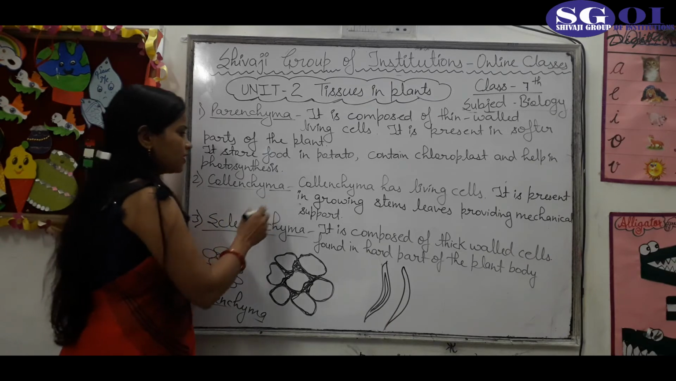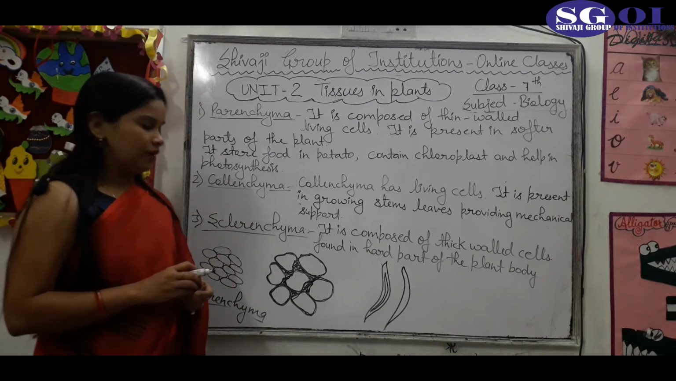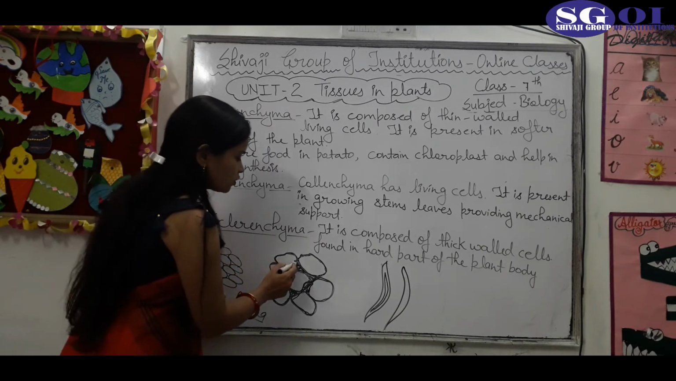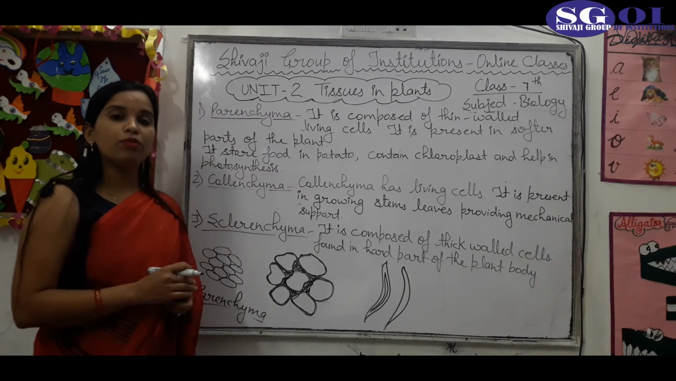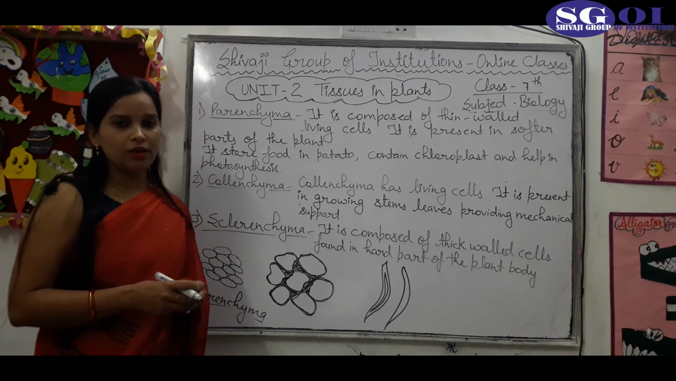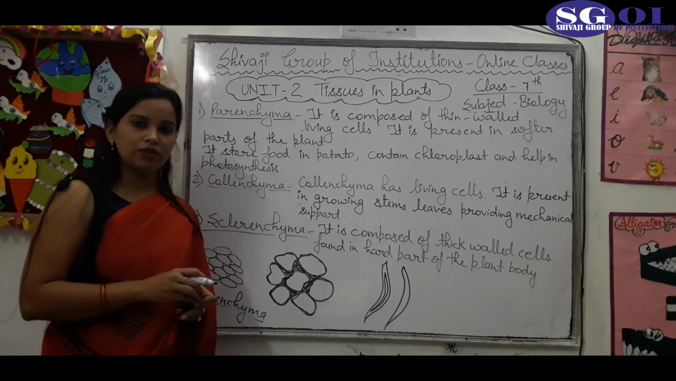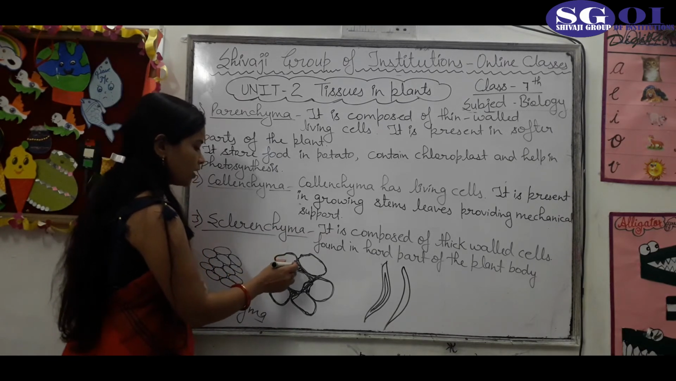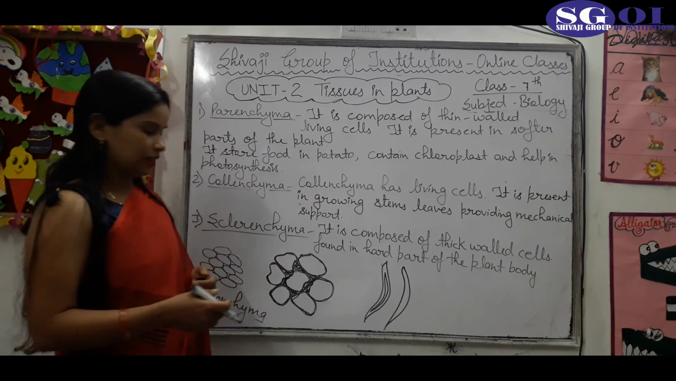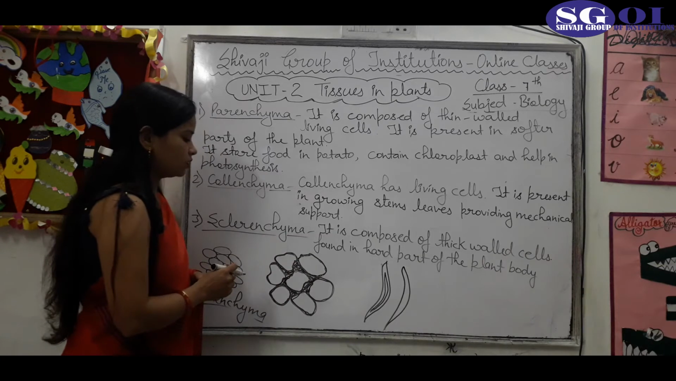Second is the collenchyma. Collenchyma is composed of thick-walled living cells. Actually, the cells of collenchyma are thickened at the corners because of the deposition of cellulose and lignin. So they are thick at the corners because of the deposition of cellulose and lignin, and their cells are also thick-walled. There are some elongated types of cells that compose the